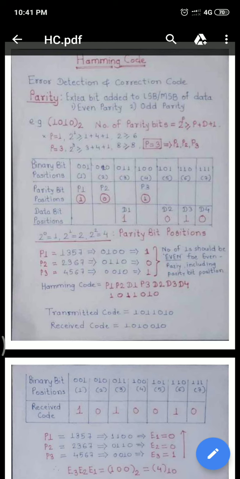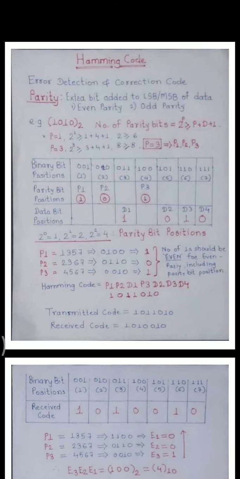Let's make a table like this in which we have to take binary bit positions, parity bit positions, and data bit positions. Binary bit positions are from 1 to 7. Why? Because the data is 4-bit and the number of parity bits to be added to the 4-bit is 3. So 4 plus 3 is equal to a 7-bit Hamming code.